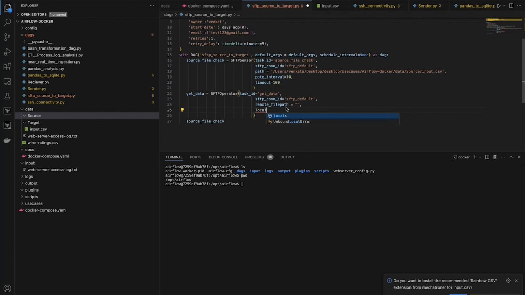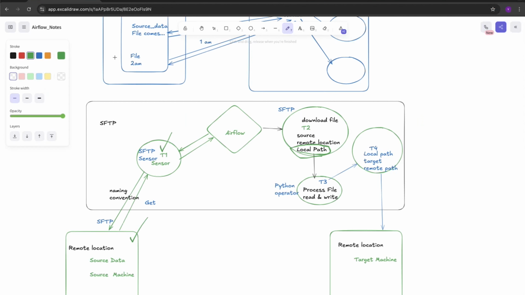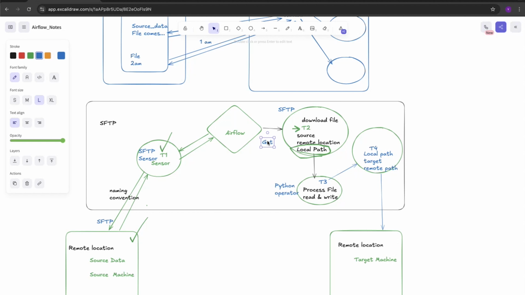So target direction, right? What is the remote file path? So now I'm here. This remote is nothing but the source remote. I'm not working on the target one; there's another task. Now I'm still in the second task. The second task's job is reading data, meaning get data. Here we are doing only checking connection management. So get data from the source. Source is your remote, target is your local,